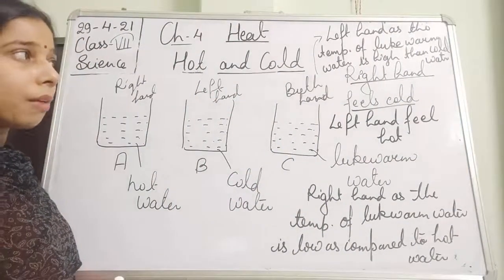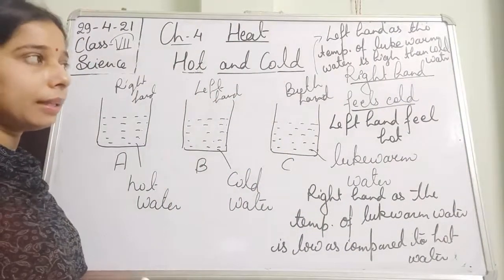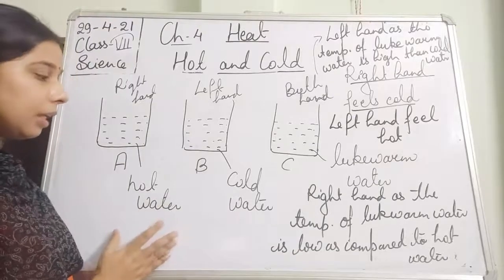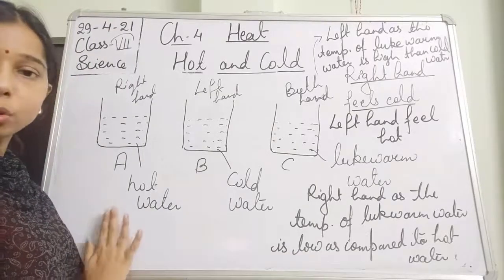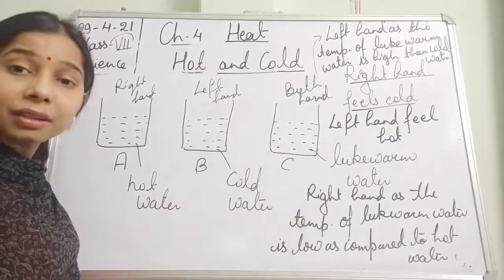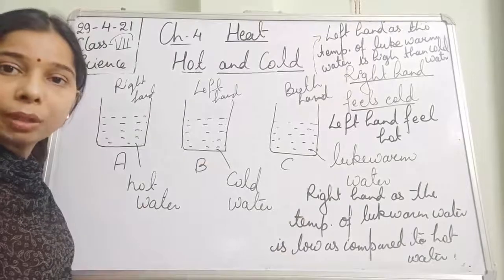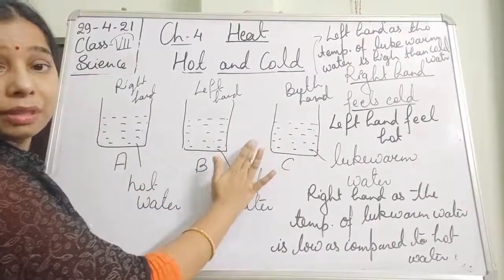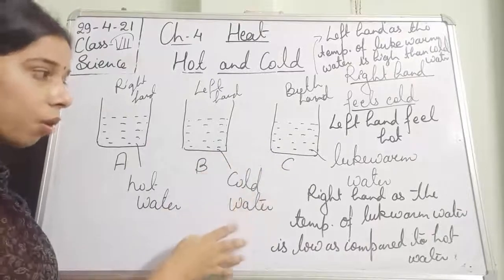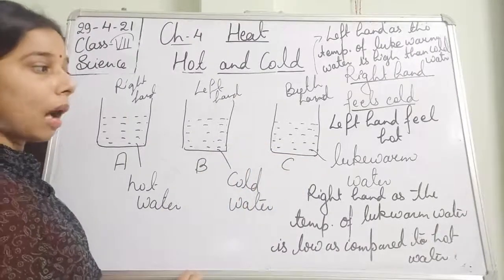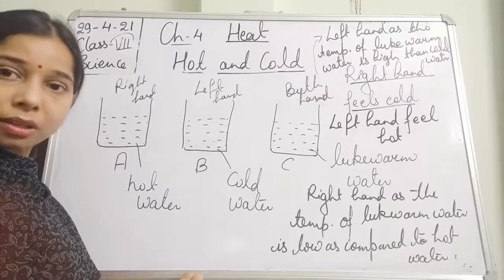So you do not have to write it in this way. You simply have to understand this. That's basically when we keep both of our hands together, we are actually identifying the wrong temperature, because here it is the hot water, so that's why we are feeling cold here, and it is the cold water, that's why we are feeling hot here. Okay, so actually this is not the temperature of the lukewarm water.